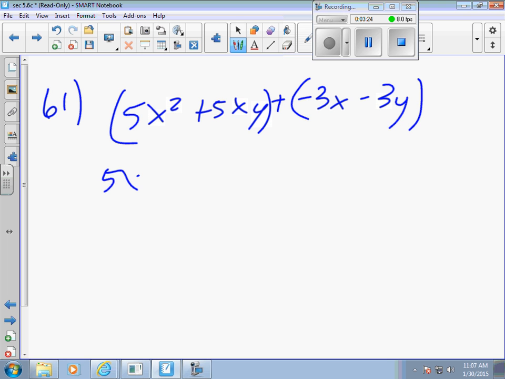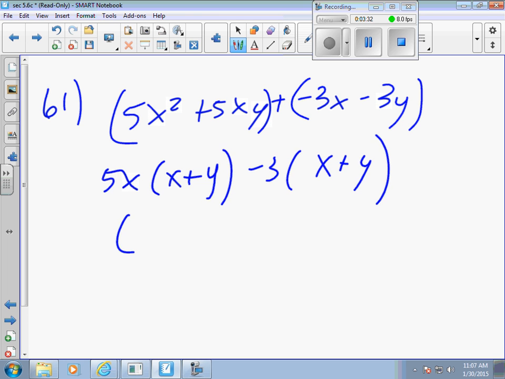Greatest common factor is 5x, leaving me with x plus y. Greatest common factor is a negative 3, leaving me with x plus y. Rewriting it, I get x plus y and 5x minus 3. For number 62,